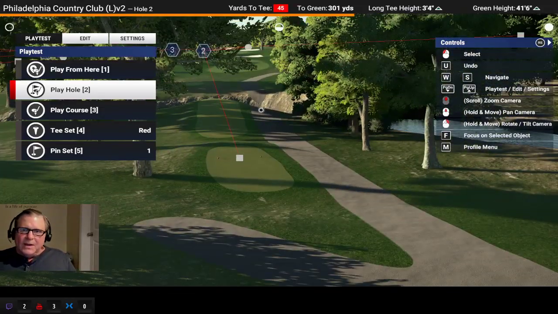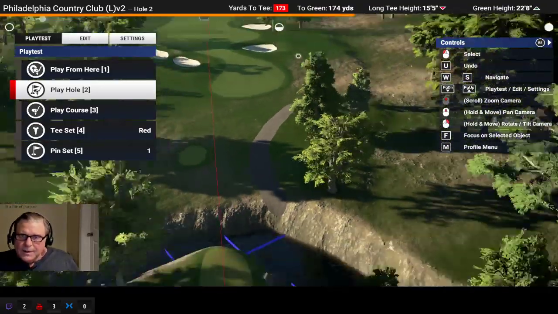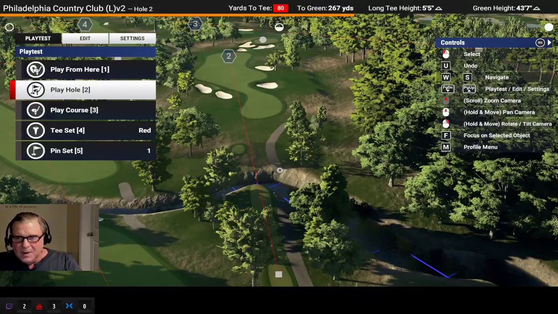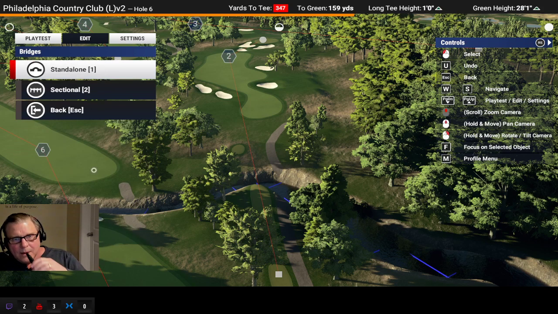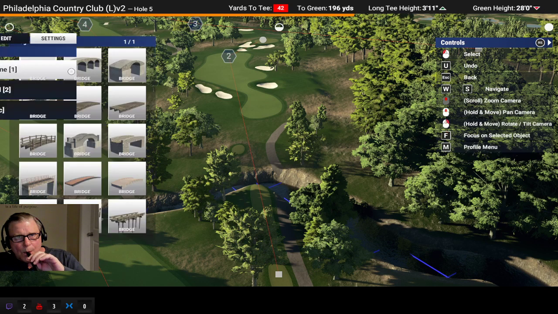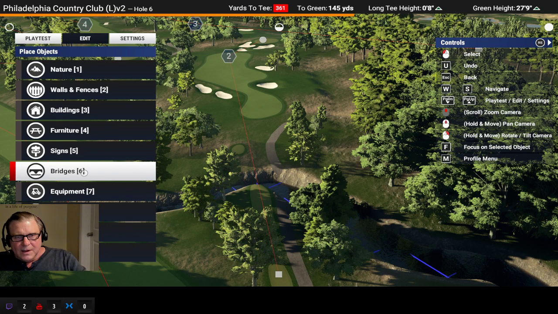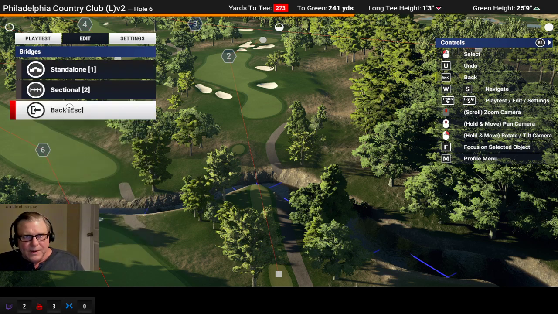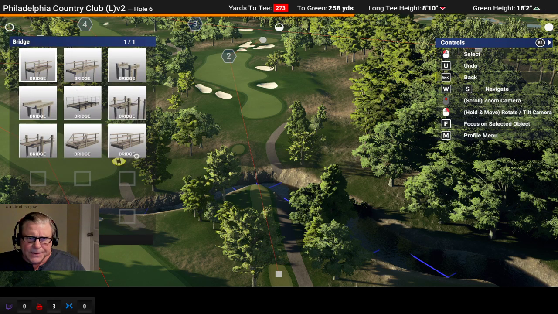So pretty much the only thing left on this course is for me to do bridges. I never use standalones. They never work. Plus, they look stupid if you use one of the ones that are angled. It looks like a roller coaster if it's not exactly one of them. So I always choose these,